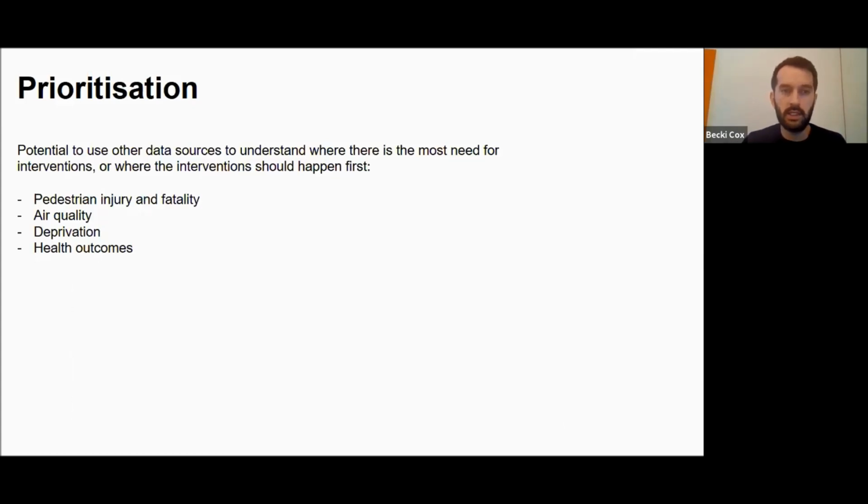I think once all the analysis that has been discussed by all of us has been done, you can then start looking at things like pedestrian injuries and fatality data to identify particular high-risk locations. Obviously, that needs to be calibrated against a rate of both pedestrian activity and vehicle numbers. Air quality is another factor which I think is quite important, and then also looking at deprivation indices